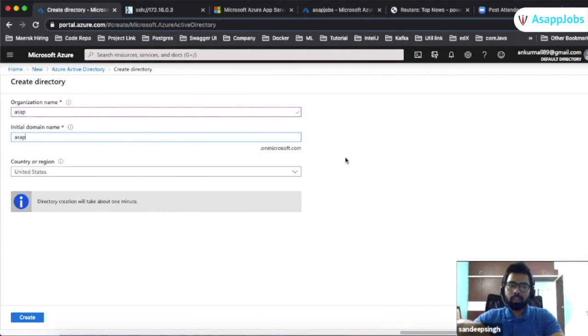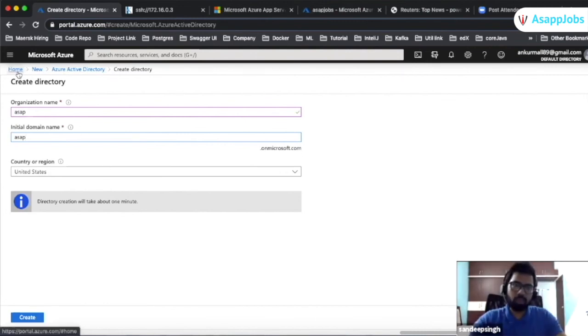It is not related to the resource group or the subscription, it is related to the organization level. That's the reason it did not ask you for the resource group, because you cannot create your directory within any given resource group. Did I answer your question?